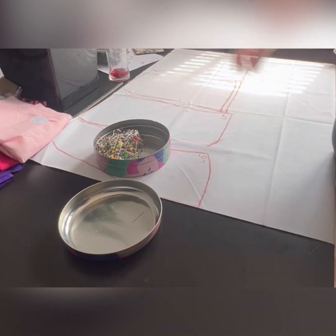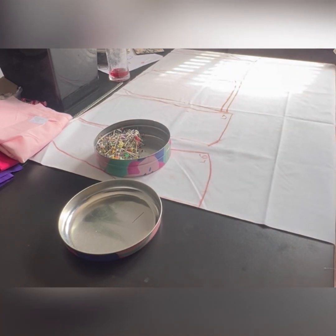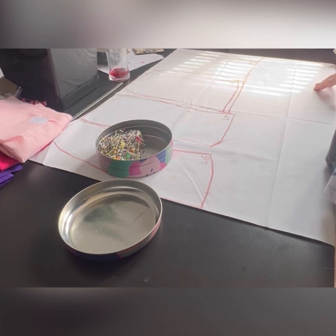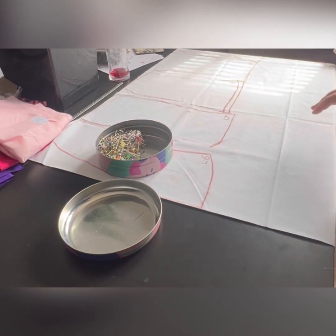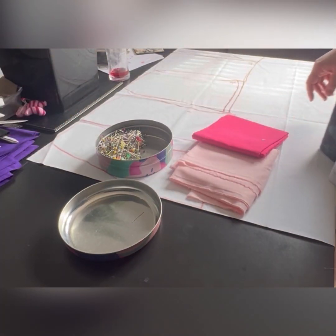So the idea is to have the outer layer and lining layer of this, which is, well, we couldn't decide, it's from my remnants and I didn't actually have a label saying what it was. It seems to be some kind of brushed cotton from the texture, but it is incredibly thick, so we're hoping for that. And then this is going to be the outermost layer and the innermost layer of the four. And then I've just got two remnants of pink cottons,